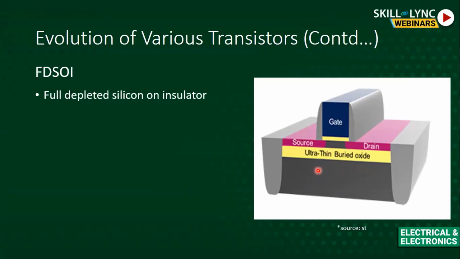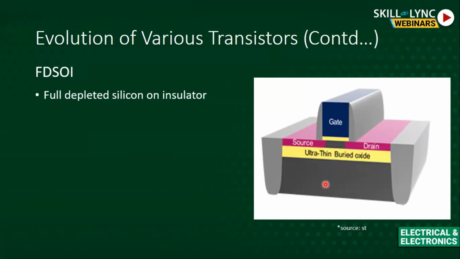So this is again a horizontal channel, but you might have noticed that there is a significant decrease in the source and drain or the channel height over here. I said to you that this is fully depleted. That means the channel is very, very thin compared to my planar CMOS. It's so thin that we don't even need to add any kind of impurities or dopants in this particular channel.